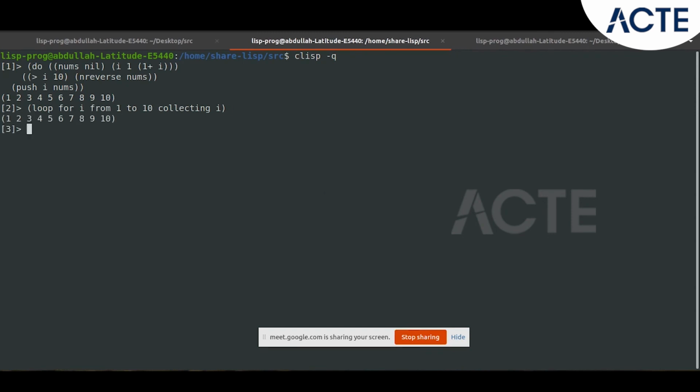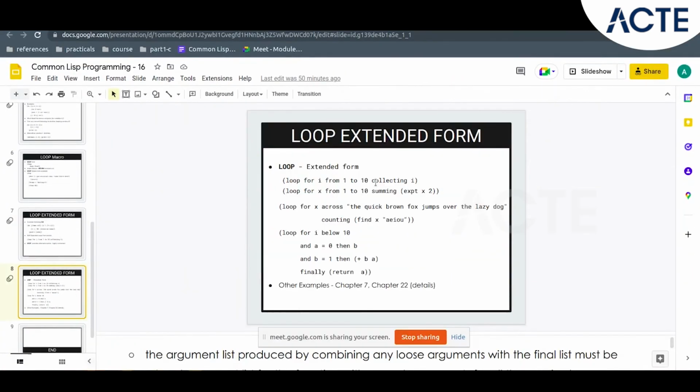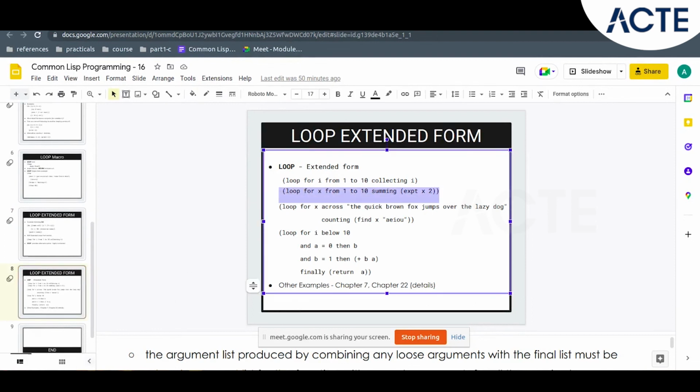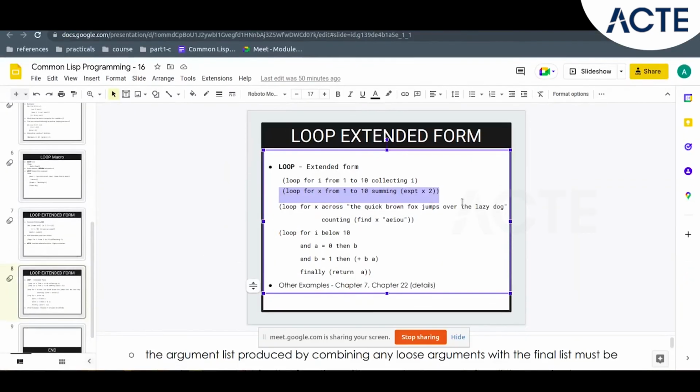Like it's the same thing. Okay, but it does it simpler, and you can also have some very English type of constructs for doing this loop. So these are the extended forms. All right, we will not go much into it, but you can do all these things here. Okay, you can also do it. Yeah, you have summing and you have other things like this. So it's an alternate way of